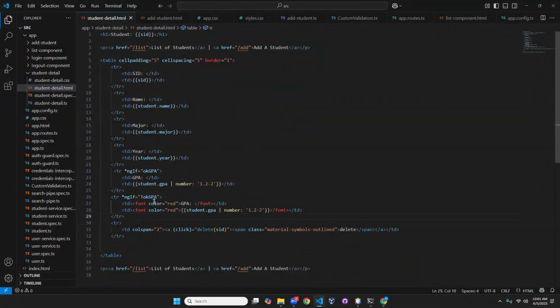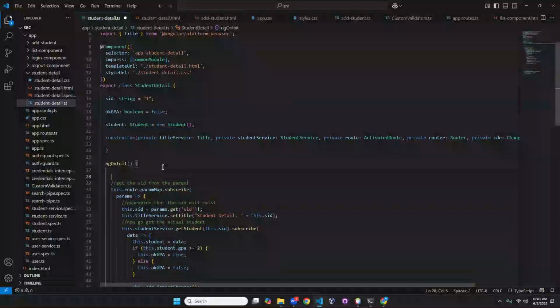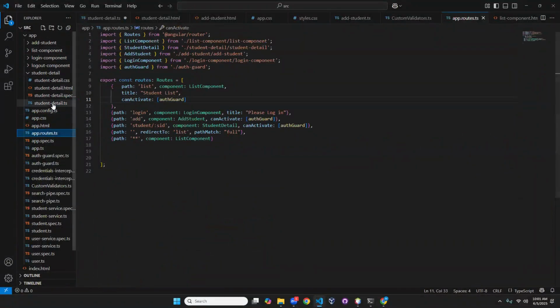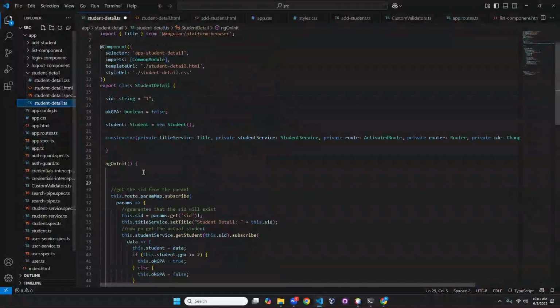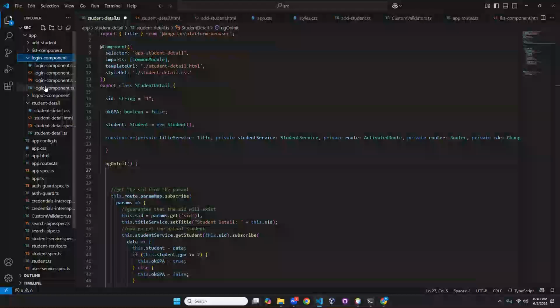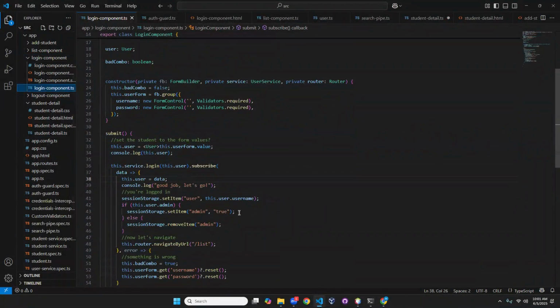is if you look at our NGF, we're going to add some detail. Now, we don't need this for routing, right? But as we did earlier, if you look at our login component, we actually do set an admin, right? And you go, why did we do that? Well, very quickly,